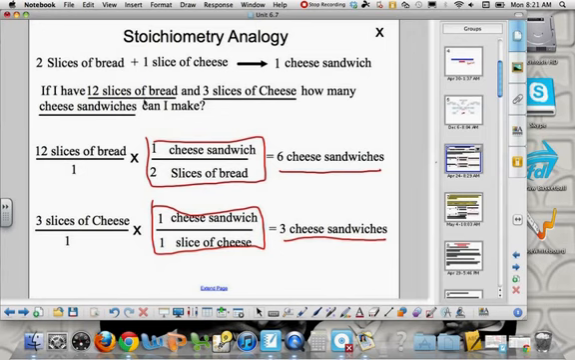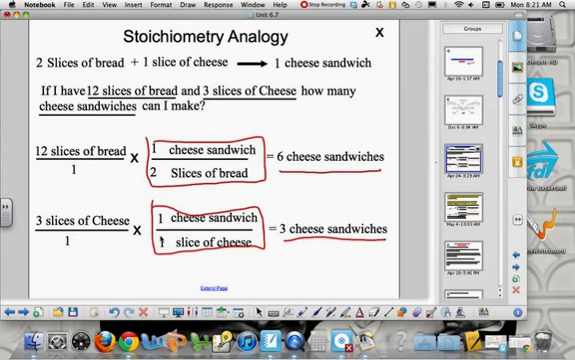And because I had leftover bread at the end of this reaction, I couldn't use all these 12 slices of bread. I had to look and see how much I would have left over. That's my excess reagent. So that's just a quick explanation or analogy when we're taking a look at limiting and excess reagent